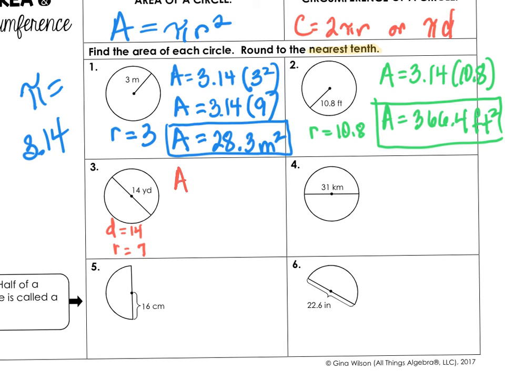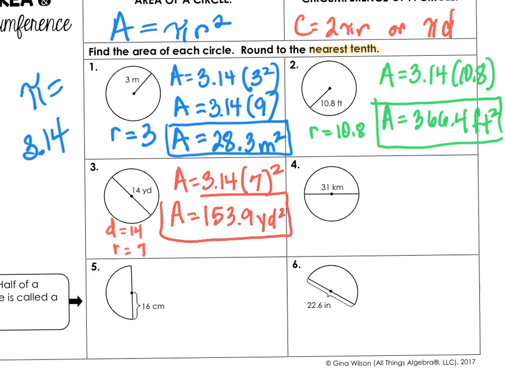So area is 3.14 times 7 squared. You have to do 7 squared first. Order of operations says exponents first. Well, actually parentheses, but we don't have any parentheses, so we're going to do our exponents. And then area equals 153.9, and our label is yards, and of course it's area, and area is always squared, because really what we're doing,